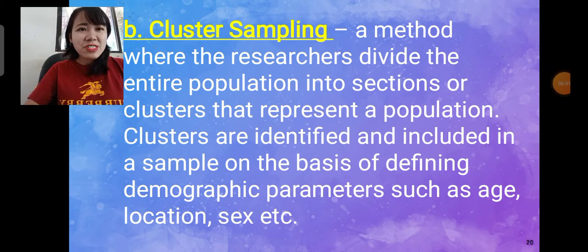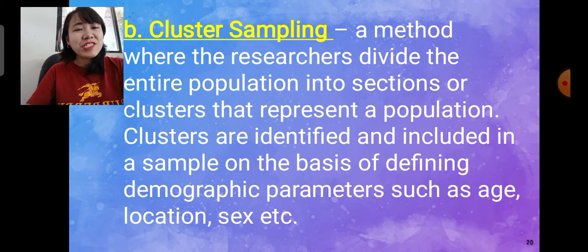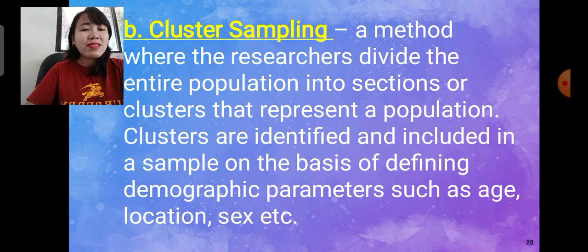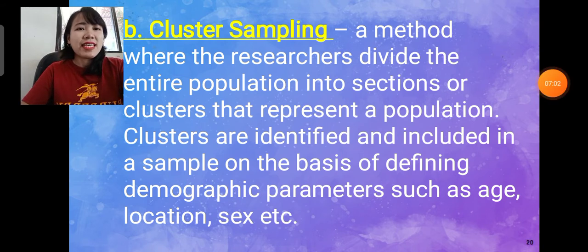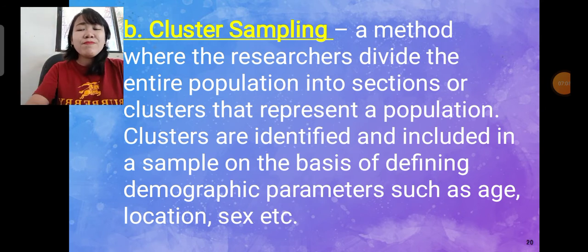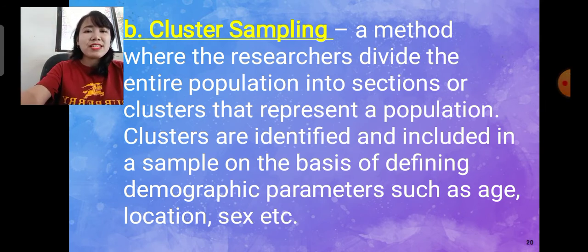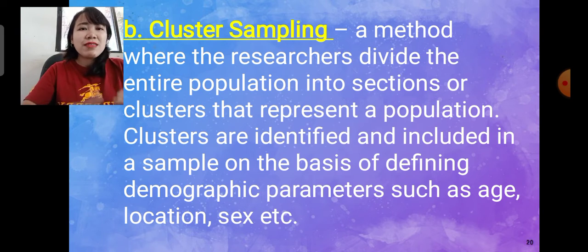Okay, so cluster sampling, a method where the researchers divide the entire population into sections or clusters that represent a population cluster. Clusters are identified and included in a sample on the basis of defining demographic parameters such as age, location, sex, etc. So, in cluster, of course, kung malaki yung population or kung larger yung population, so, i-divide nyo yun, and then,